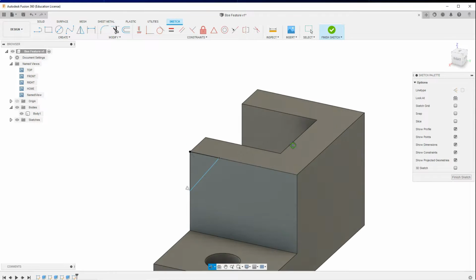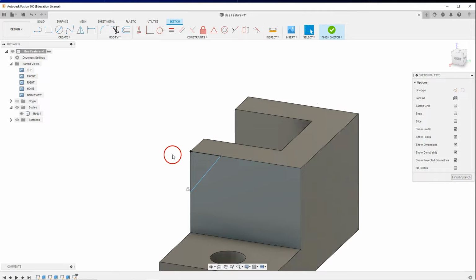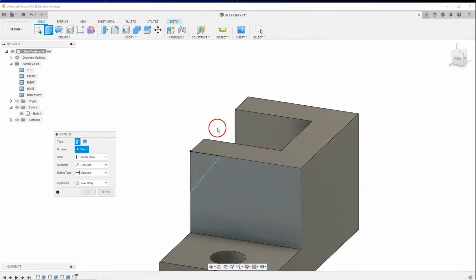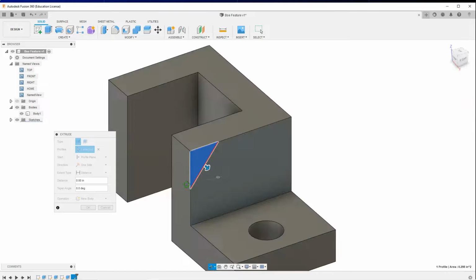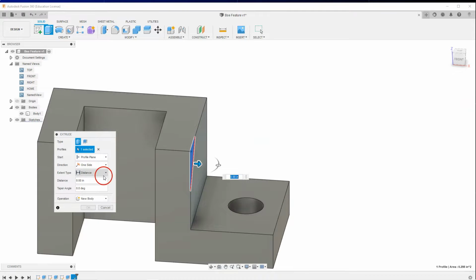That surface should be closed now, and it's not shaded, so there's a possibility it hasn't been closed. It's closed, and we can, again, I'm going to change the direction of this arrow here,